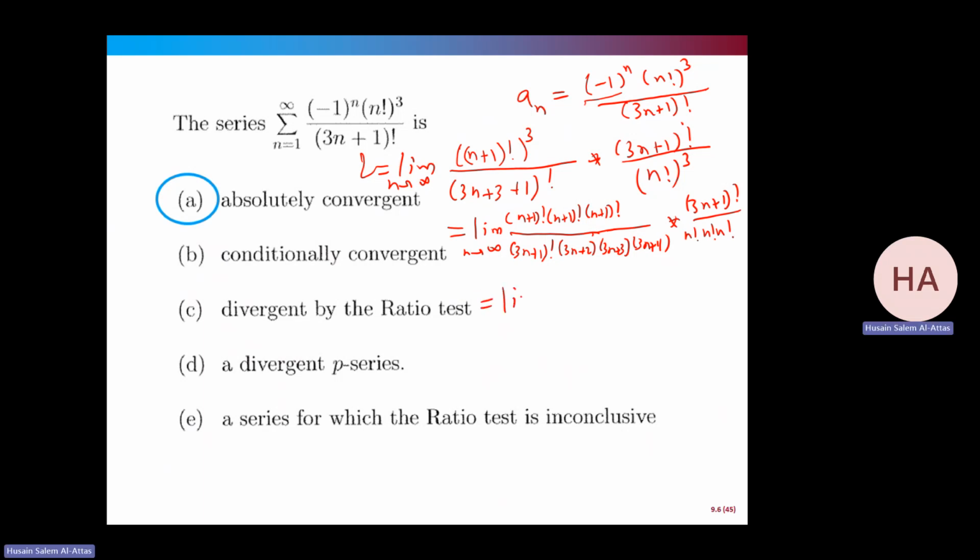Each one cancelled gives you n plus 1, and this cancelled with this. The remaining is